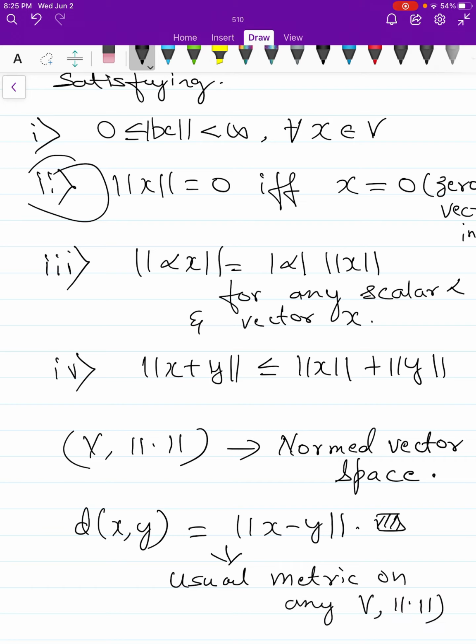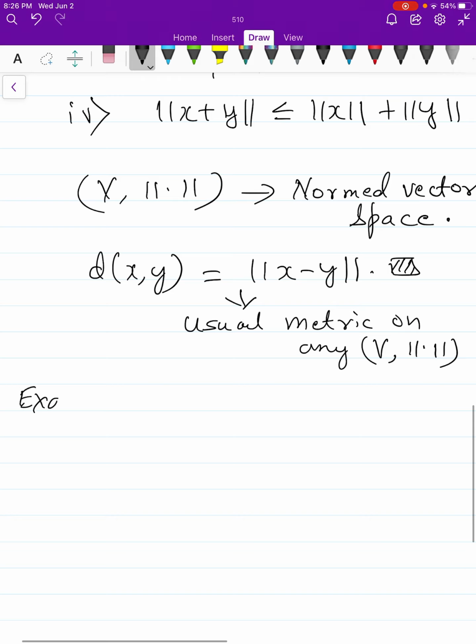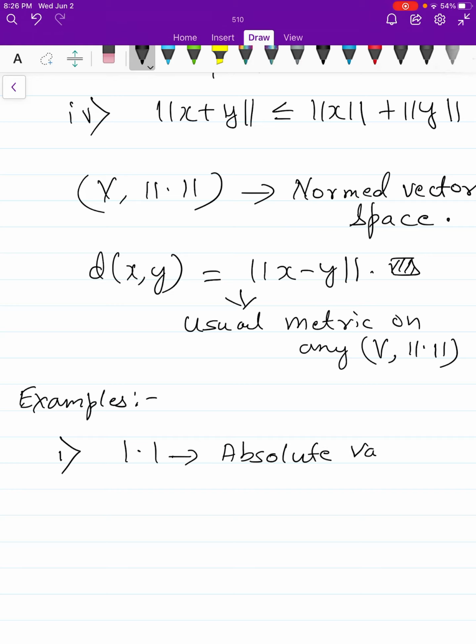Or any normed vector space. Okay. So for example, first one, any absolute value function will definitely define a norm. So the absolute value function is an example of a norm. Okay, and second example,